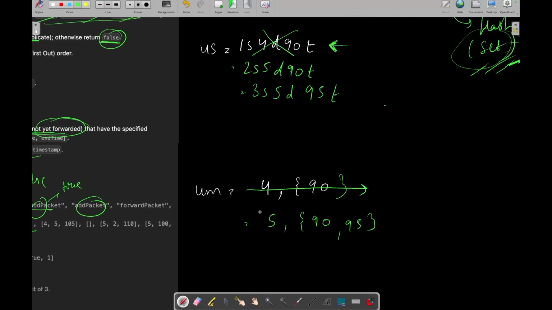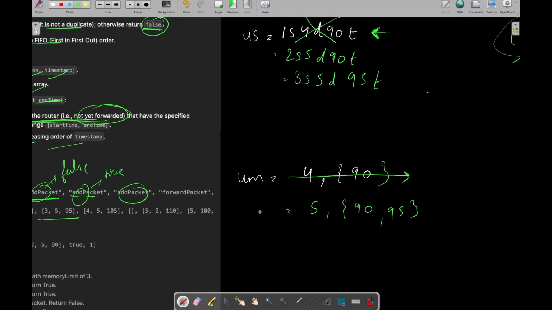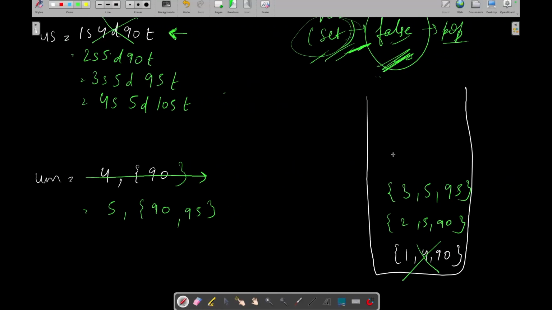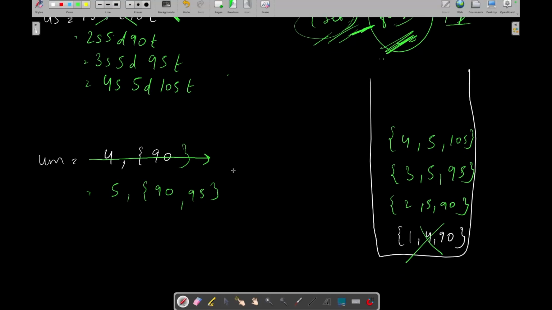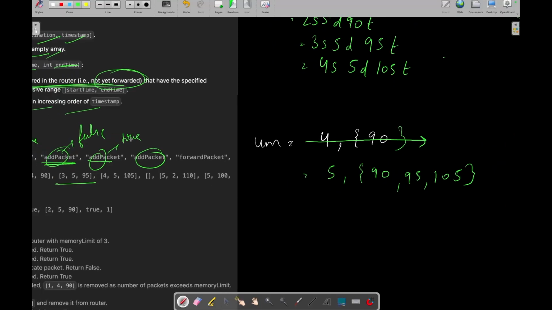So this will get removed, and then we will need to add that packet 4. So let's create its hash 4s 5d 105t. Cool. Now let's add that packet in our queue because that packet doesn't exist. Okay, now let's update our unordered map for the destination mappings, which will become this, right? So this will return true now. You can see here.